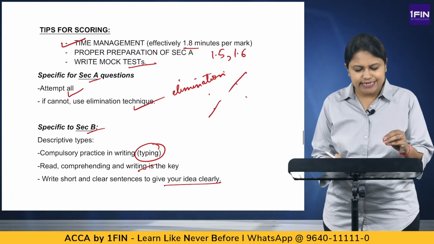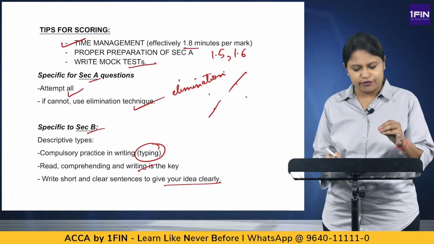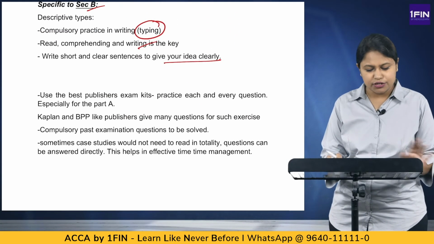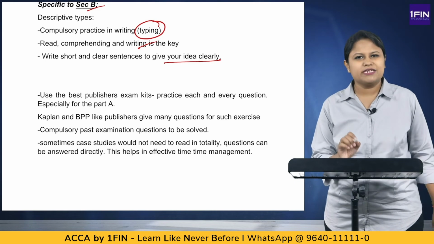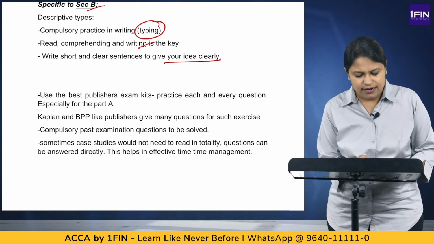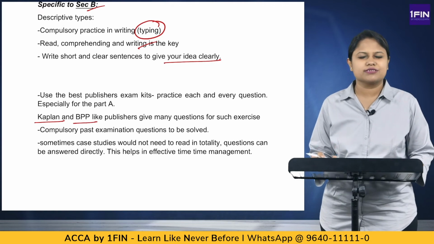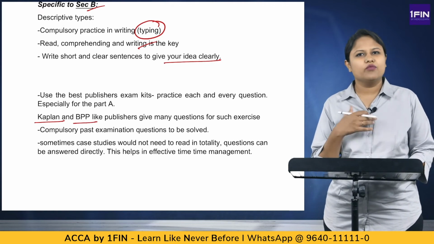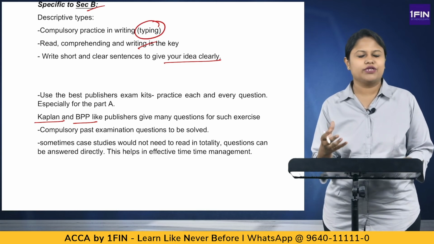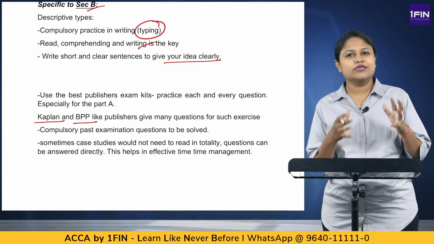Then, this basically I gave you only for a specific understanding of A and B. Along with that, there are some more common pointers which I want to tell you: you have some best publishers available in the market, like for ACCA highly recommended is Kaplan and BPP. They are very good publishers where they come up with their workbooks and the revision kits also. Only one recommendation is that when you pick up one publisher, see that you stick to it.